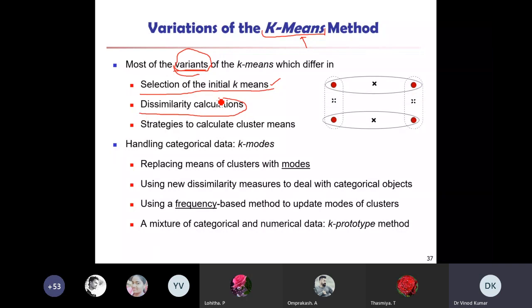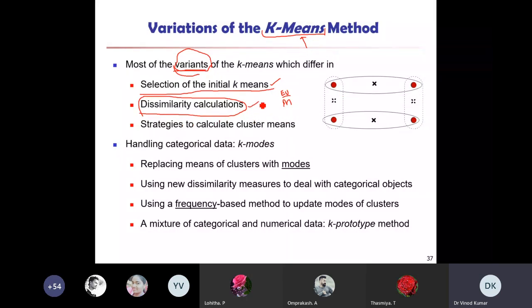And the calculation of the dissimilarity can also differ, because in our calculation that we did now, the distance measure we have taken is the Euclidean distance. Okay, Euclidean distance is used in that formula. Some person may also use Manhattan distance, the L1 norm, and other dissimilarity methods that can be used.